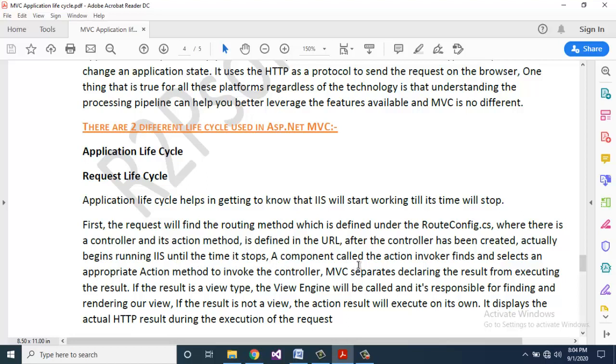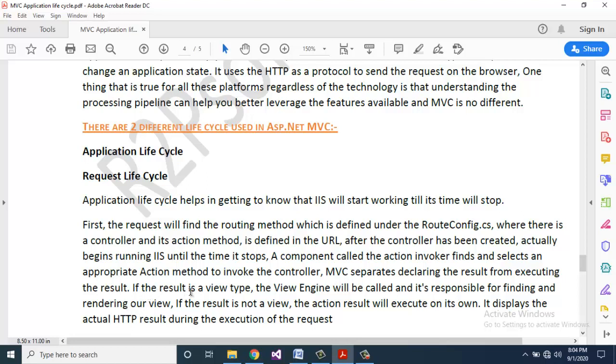A component called the action invoker finds and selects an appropriate action method to invoke on the controller. MVC separates declaring the result from executing the result.